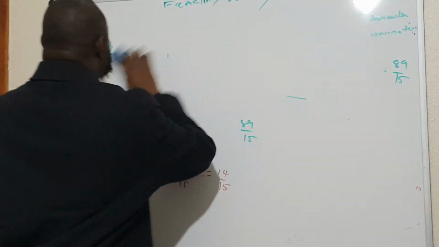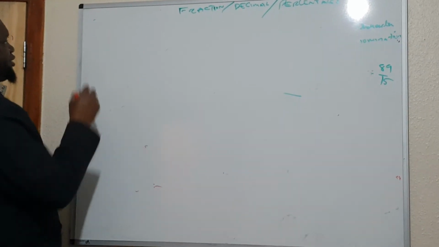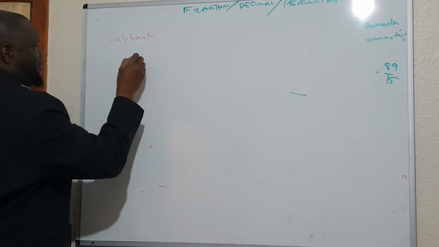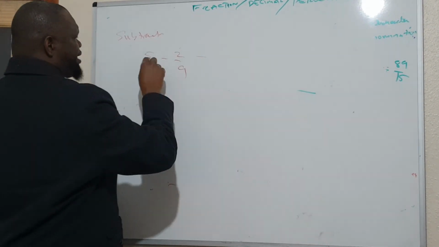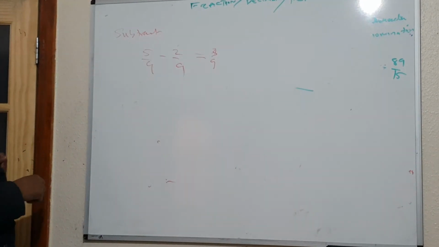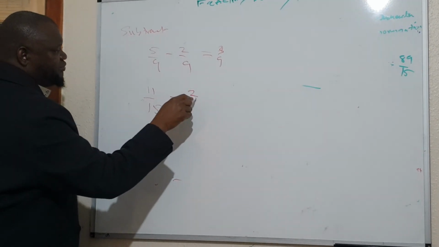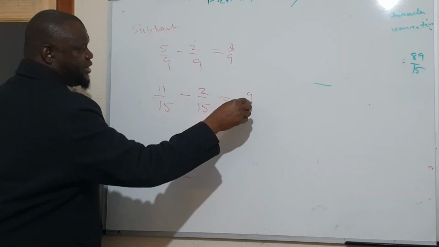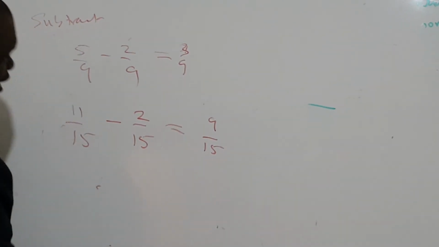And subtraction is also the same line. You subtract fractions, same line. If you have two fractions, 5 over 9 minus 2 over 9, since the denominators are the same, you subtract the top, which is 3 over 9. 11 over 15 minus 2 over 15. Since the denominators are the same, we subtract the top, which is 9 over 15. Now, if the denominators are not the same,